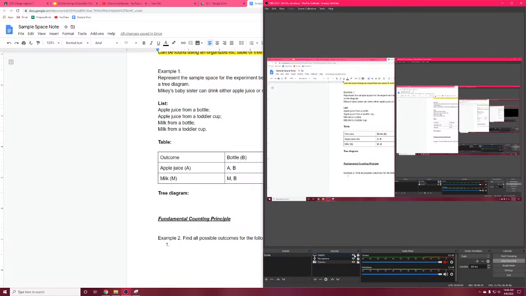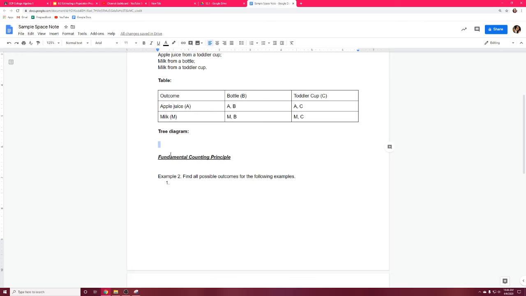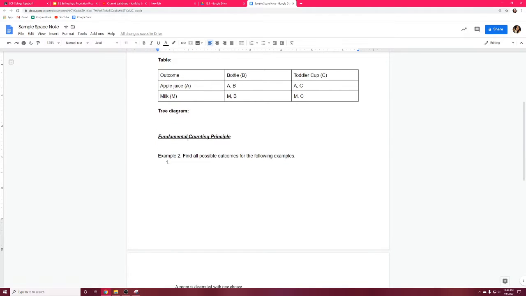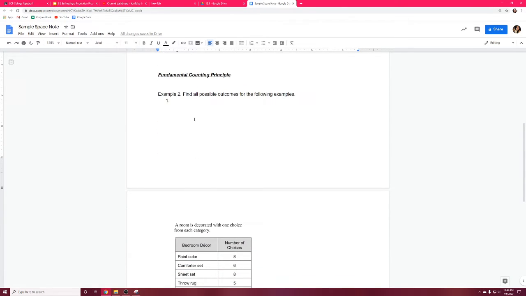All right, let's go back to my screen. Second of all, we want to talk about the fundamental counting principle. So what is the fundamental counting principle? The fundamental counting principle is saying the number of all possible outcomes. Again, let me highlight this. The number of all possible outcomes